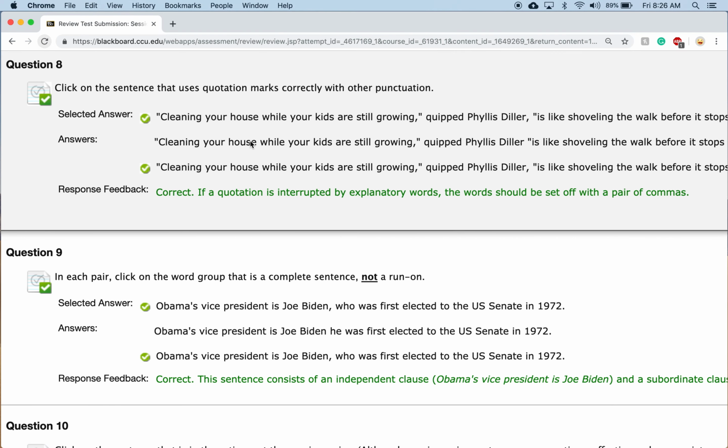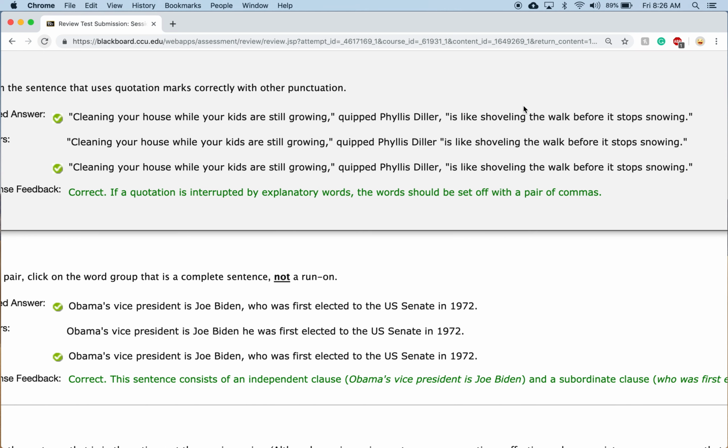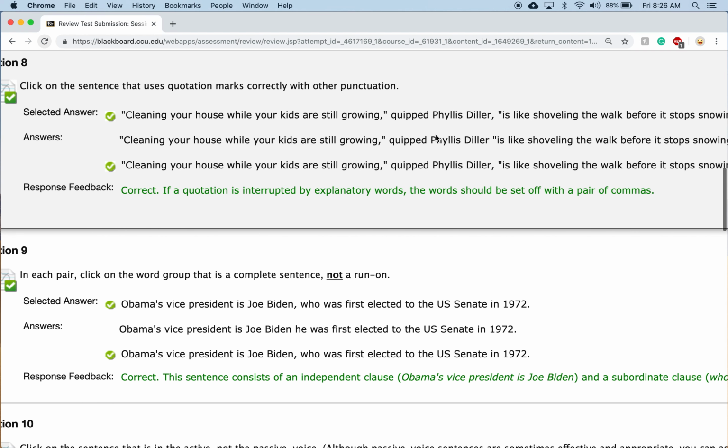Well, this one's simple, really, but probably looked hard. Cleaning your house while your kids are still growing, quipped Phyllis Diller, is like shoveling the walk. You need a comma on both sides because you've stuck something in the middle. You can't just do a comma because it doesn't continue with quipped Phyllis Diller is shoveling. That doesn't flow smoothly. You need that comma there. So that's